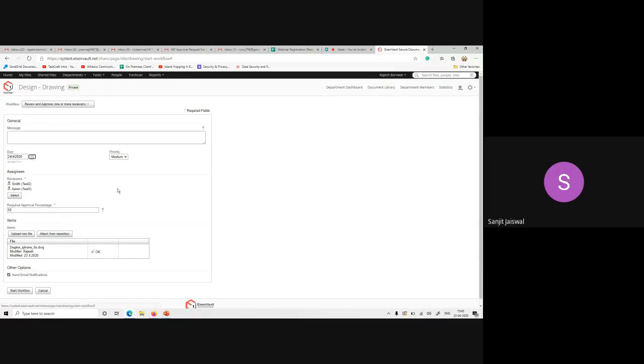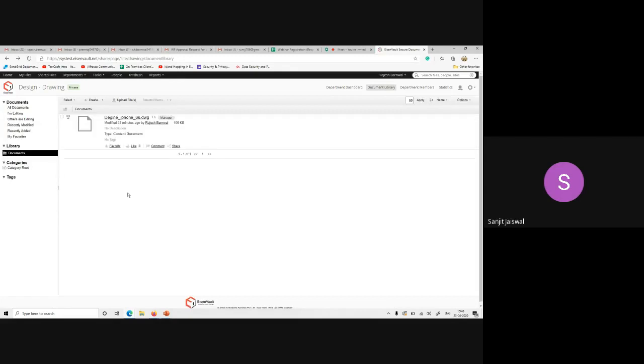Dear Mr. Nitin, does the admin have the authority to track all the workflows in a single window? Currently, no, Sanjit. That is in our pipeline. We are still working on it. So currently, only the users can track the workflows they have initiated, or you can individually go on every workflow or every document and check their workflow histories. That's what I'm demonstrating right now. So currently, only the assignee and the creator of the workflow are able to track those workflows. That's right. Admin has no role there.